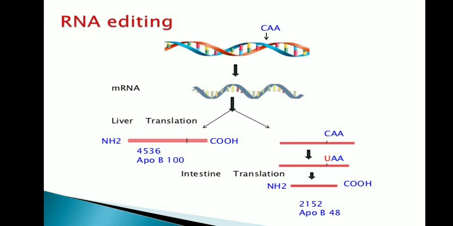Thus the editing event in the ApoB mRNA changes the single cytosine at this specific position to uridine and thereby produces a smaller protein. This substitution is achieved by deamination, whereby an amino group of the nucleotide's ring is removed, and it is catalyzed by an enzyme that is called